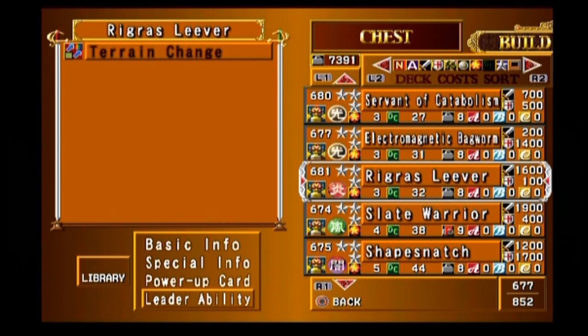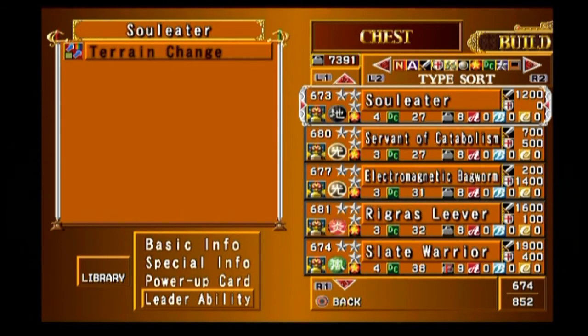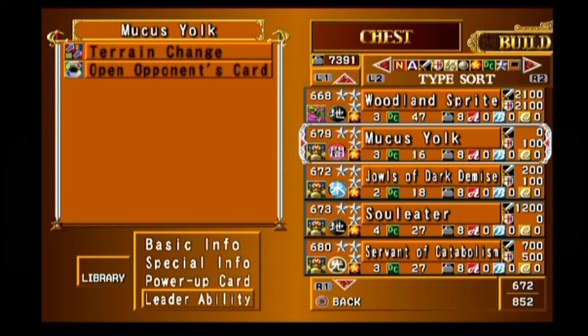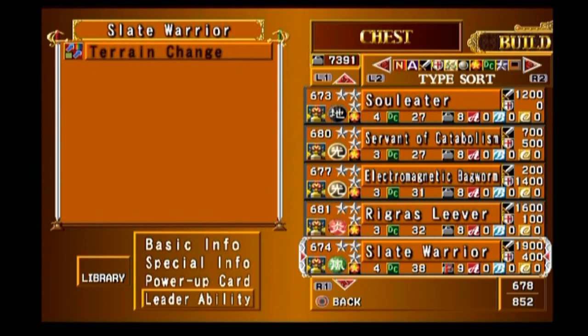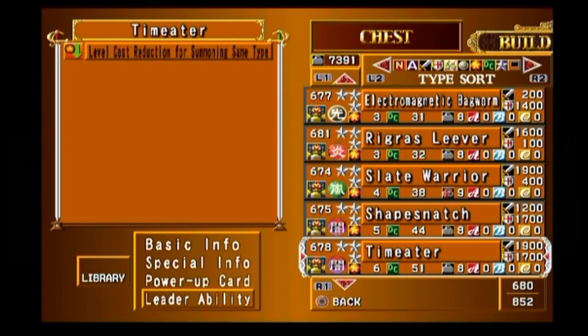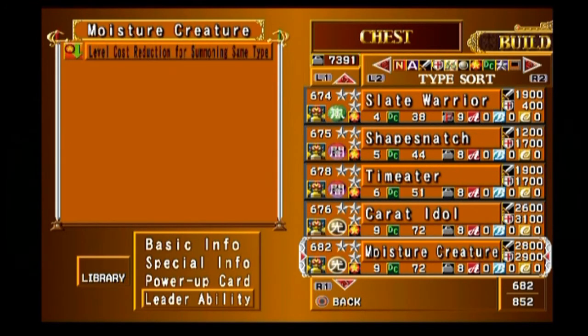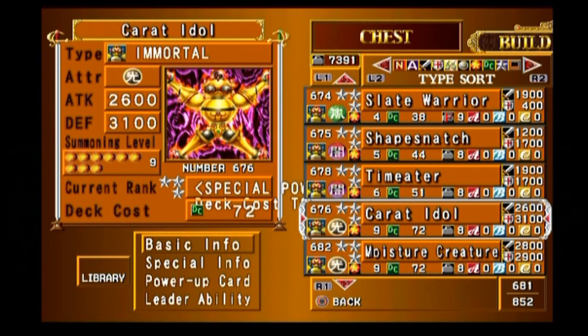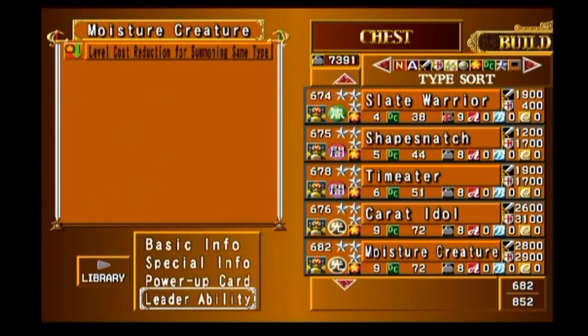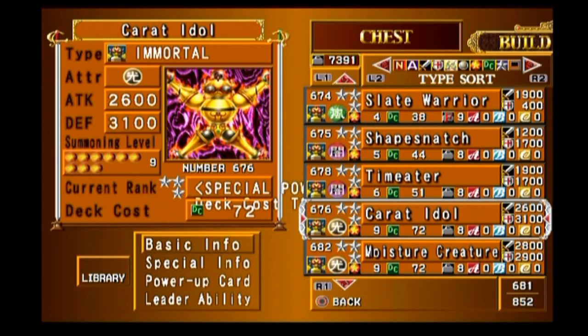Yeah, look. So if you go to the lower deck cost, we have below 20 get terrain change and open opponent's card, above 20 get terrain change, and above 40 get level cost reduction for same type friendlies, which I believe is only 1 star. I've tried it with a moisture creature and I only get 1 star reduction. I personally